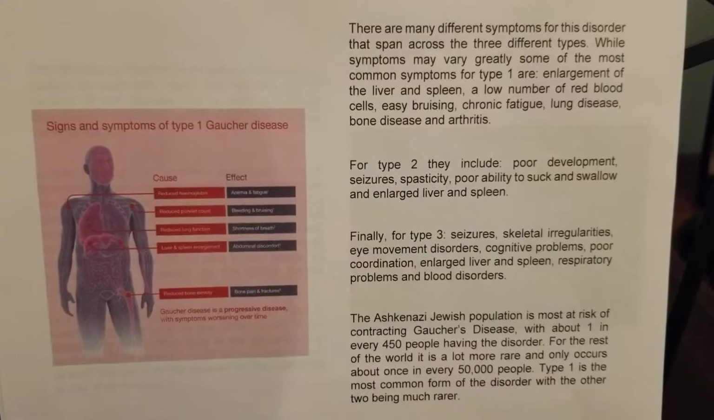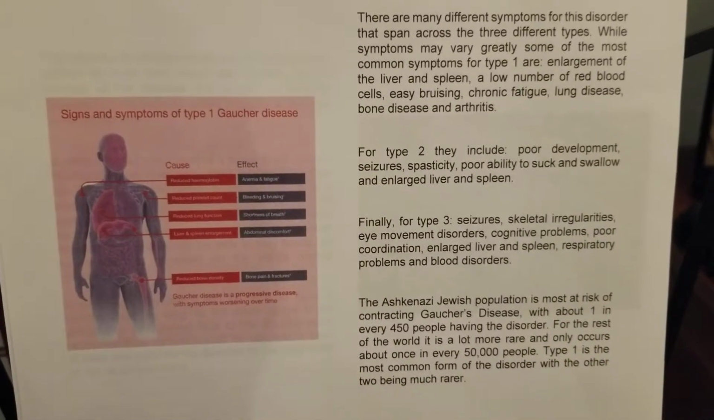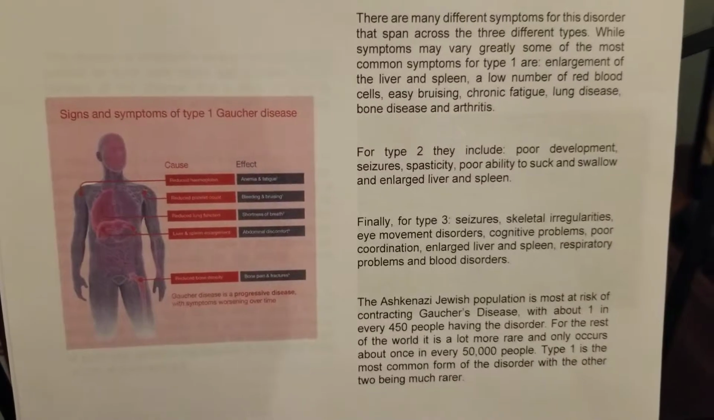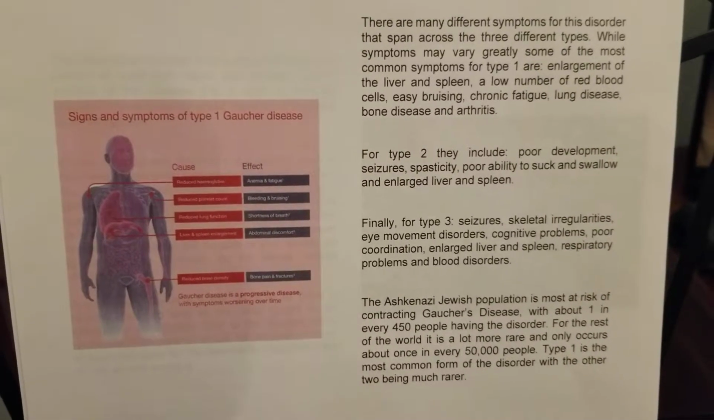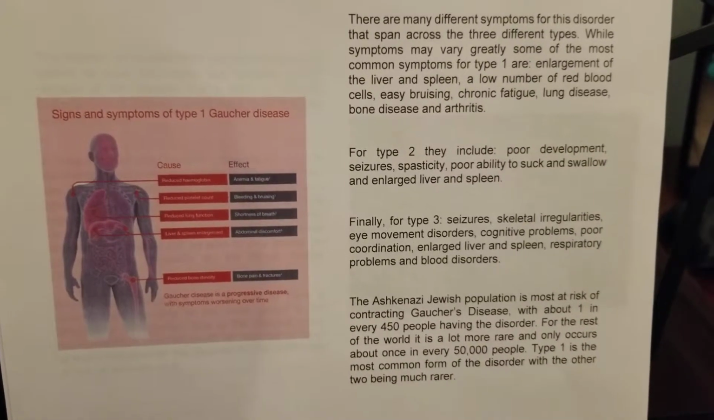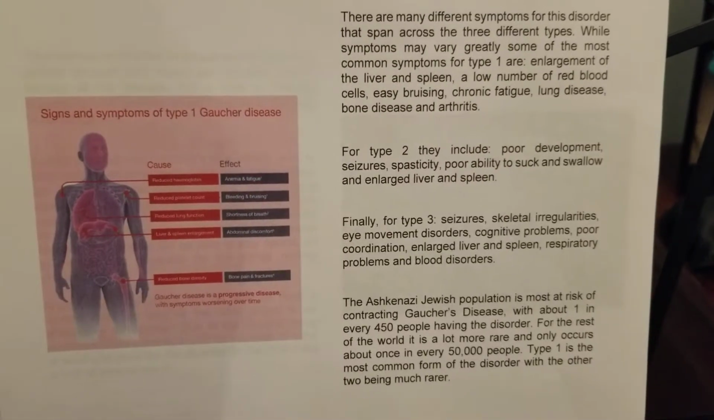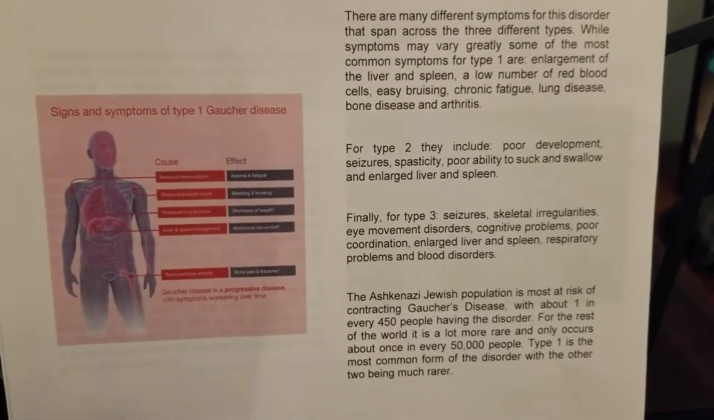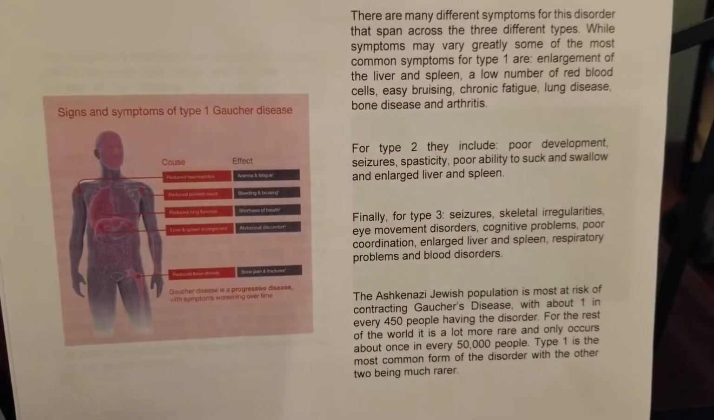For type 2, they include poor development, seizures, spasticity, poor ability to suck and swallow, and enlarged liver and spleen. Finally, for type 3, seizures, skeletal irregularities, eye movement disorders, cognitive problems, poor coordination, enlarged liver and spleen, respiratory problems, and blood disorders. The Ashkenazi Jewish population is at most risk of contracting Gaucher's disease, with about 1 in every